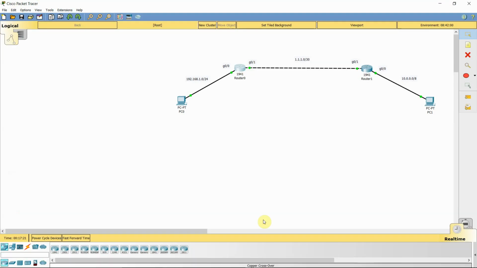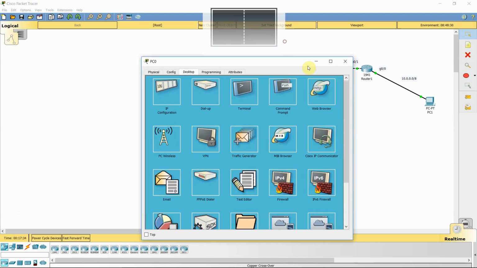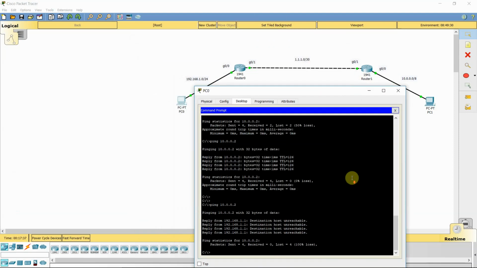Okay, so hopefully you were able to get the static routing to work. Now we're going to go ahead and do dynamic routing, which is more scalable, and you're able to just add the networks and the routers are able to find that. So I have the same setup we used in the static routing, but I took that default route out, and